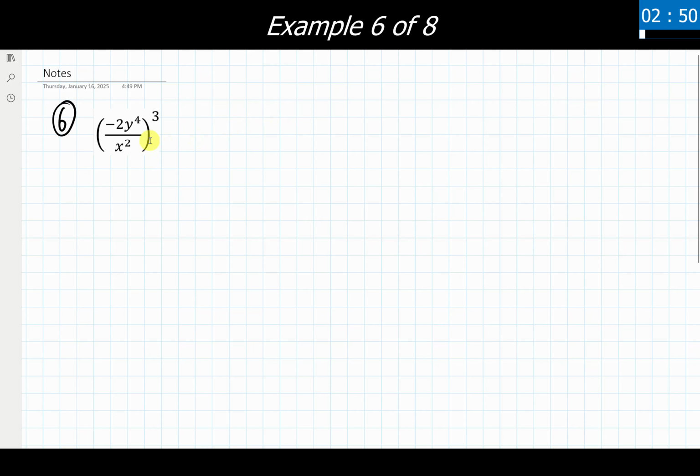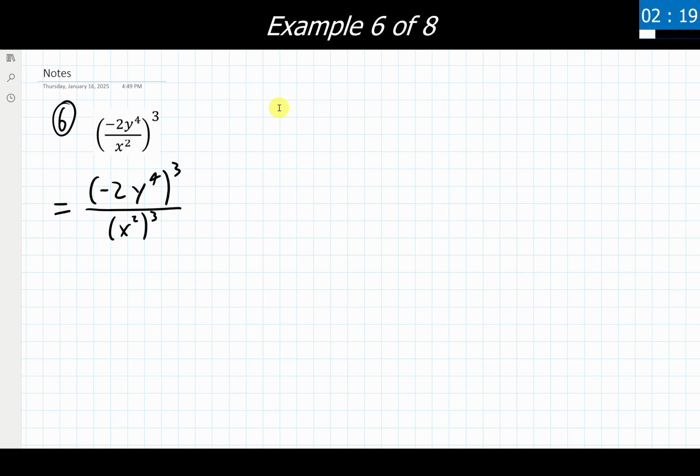So we have a fraction here inside of parentheses being raised to the 3rd power. This tells me that of our new properties, we're going to be using the quotient to a power property, which says I'm going to raise the numerator to the 3rd power, and I'm going to raise the denominator to the 3rd power. So let's go ahead and rewrite this thing first before we actually apply any properties here. So we have this showing up with our rewrite.